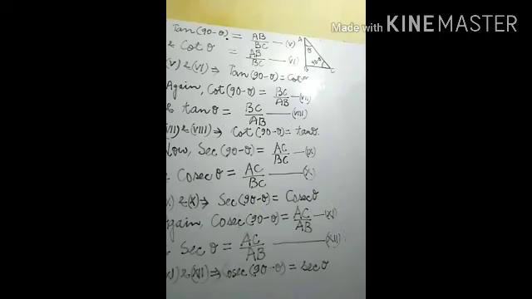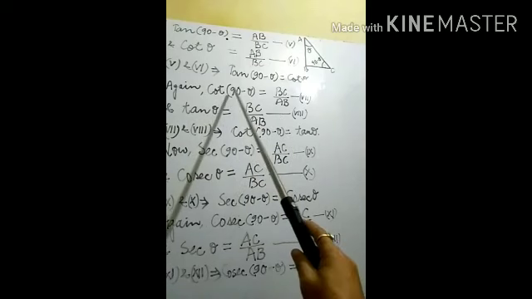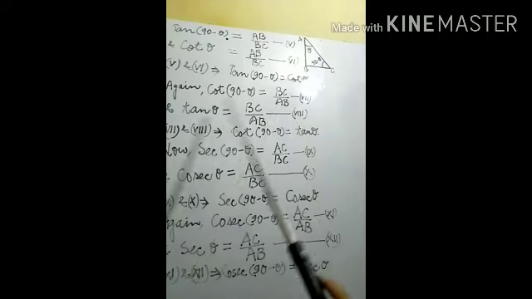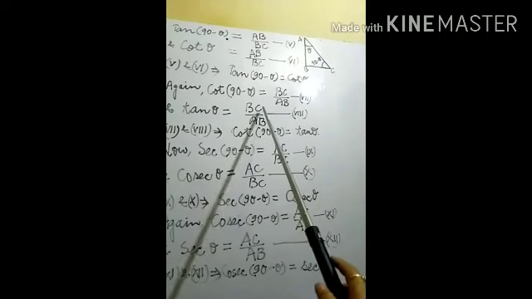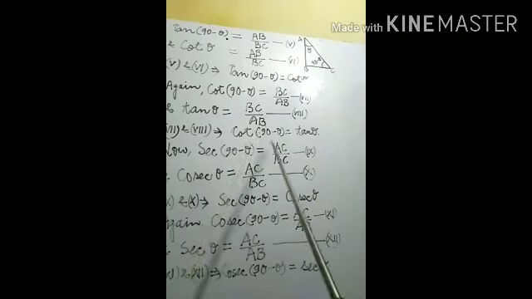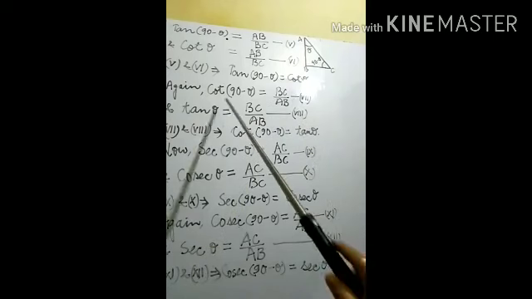Now what to do? We have to compare equation number 7 and equation number 8. After comparing, what will be there? Things which are equal to the same thing are equal. So which things are there? Cot 90 minus theta is BC upon AB, and tan theta is also equal to BC upon AB. So what is the same thing? BC upon AB is common. So that will be removed, and what is there?